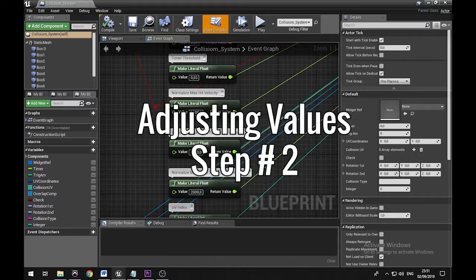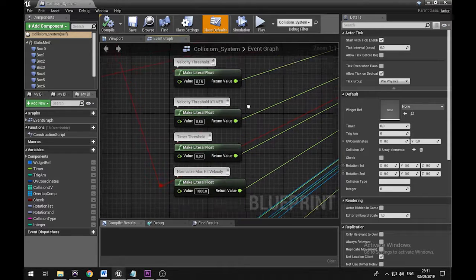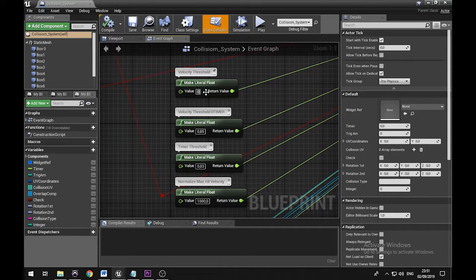Step 2. Tweak the velocity threshold to a value that seems correct for the impacts. Use the page up feature to guide you. Also, set the velocity threshold zero timer to a lower value than the velocity threshold. This defines the velocity threshold to which the object will still play an impact sound when the timer is below